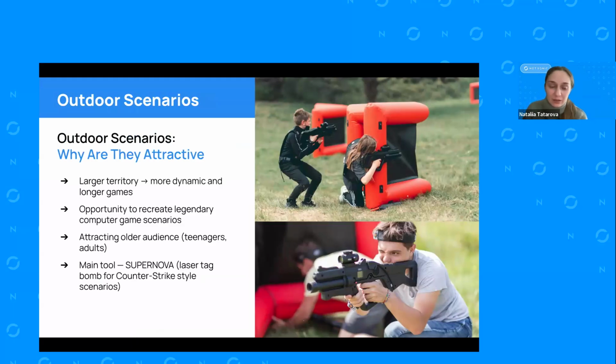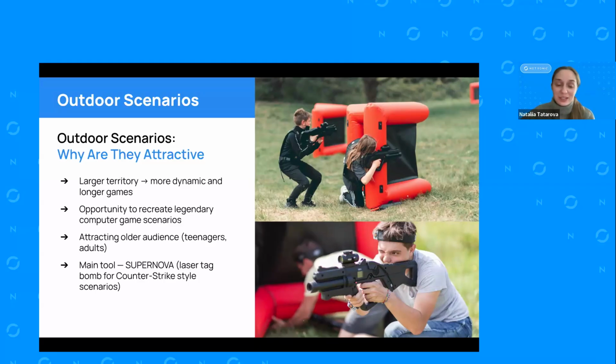Here we would like to share a bit more about the outdoor scenarios, and specifically a new, trendy one. So just to repeat myself, with the outdoor scenarios, you have more space and that works for you. So you can create scenarios that demand more space to move around. And here